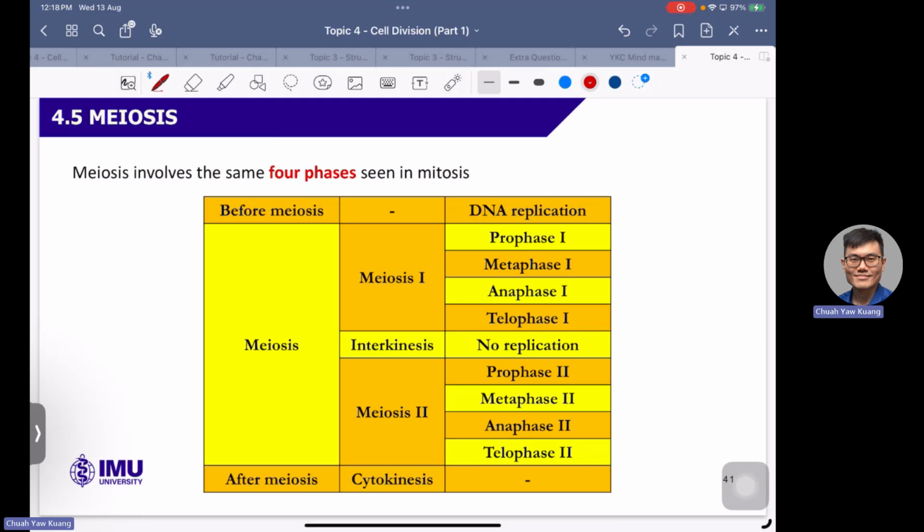So after they grow bigger in size, and then only then they continue with meiosis 2. Then they continue with cytokinesis. So that means that over here, there is also cytokinesis. That means that from one cell it will become two cells, two complete cells. And then only undergo interkinesis. Then only undergo meiosis